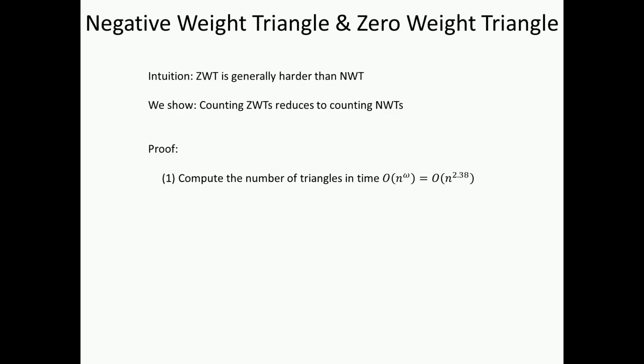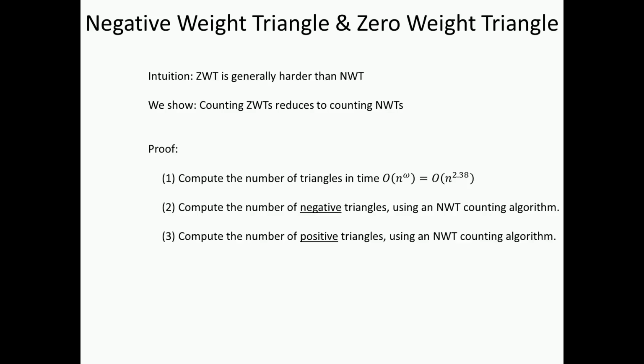First, compute the number of triangles in the graph in the time it takes to multiply two matrices, which is subcubic. Then compute the number of negative triangles using a negative weight triangle counting algorithm. Then use the negative weight triangle counting algorithm to compute the number of positive triangles by negating the weights in